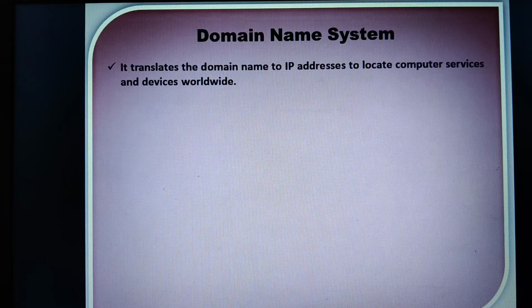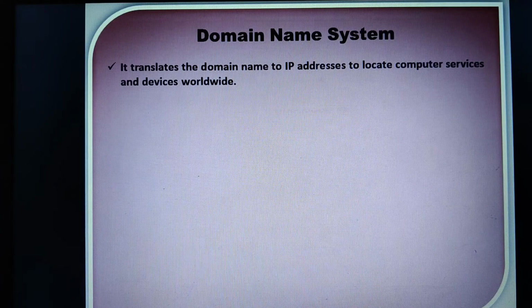Whenever I am requesting the Facebook page, in the URL I am going to type www.facebook.com. Now this facebook.com is a domain name. Actually, instead of facebook.com, we should provide the IP address. Similarly, if I want YouTube, then I should provide the IP address of YouTube. Then if I want any particular website like Wikipedia, they also have their own IP address. Actually, I should give their IP address.